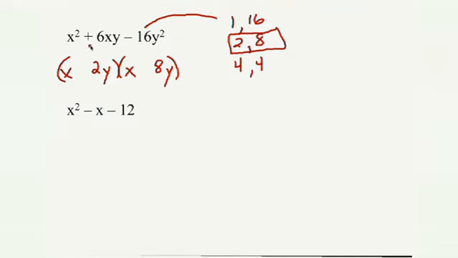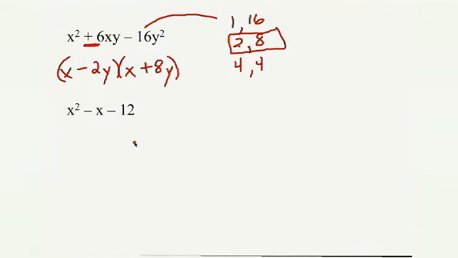Now, we want a positive 6. So always put the sign of this number with your larger factor here. 8 is the larger number, so 8 gets that positive sign from the beginning of the problem. And then, of course, the other sign, the negative, goes on the other. So if the last sign is negative, the signs will always be different. One will be plus and one will be minus. Your job is just to figure out which number gets the plus sign, which number gets the minus sign.